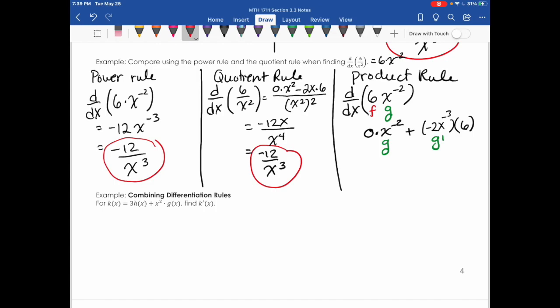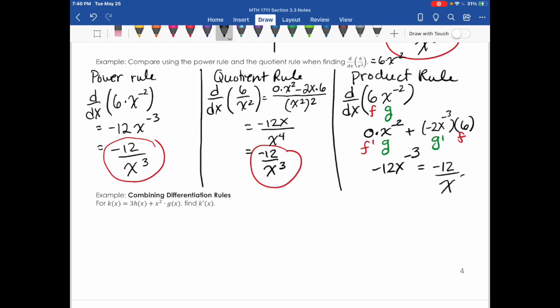So let's color code this. This is g, this is g prime, this is f prime, and this is f. So I take the derivative of f times g plus the derivative of g times f. Now, when I simplify this, 0 times x to the negative 2 disappears, and then I'm left with negative 12x to the negative 3,